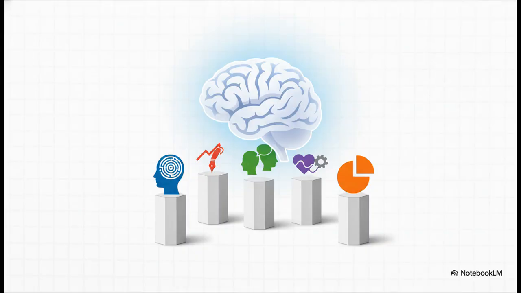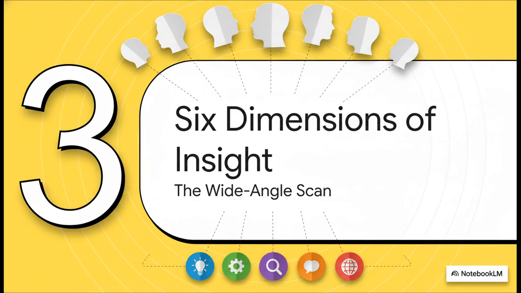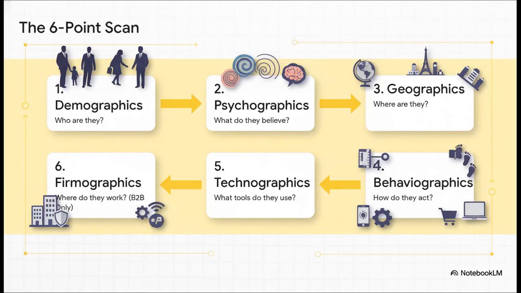And this isn't just tech wizardry and guesswork. The whole blueprint is grounded in expertise from a bunch of different fields. It's combining the deep human understanding of behavioral psychology with the practical, real-world application of conversion copywriting and market segmentation. It's a seriously powerful mix. So how does this whole thing work? Well, the process kicks off with a really wide-angle scan of the audience, looking across 6 totally distinct dimensions to build that foundational picture. This first pass is all about gathering the facts, right?